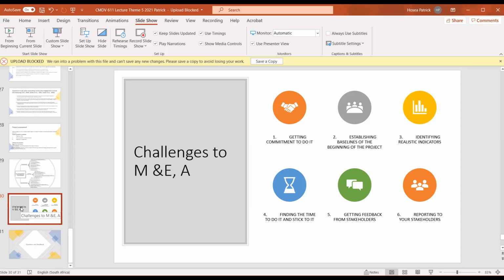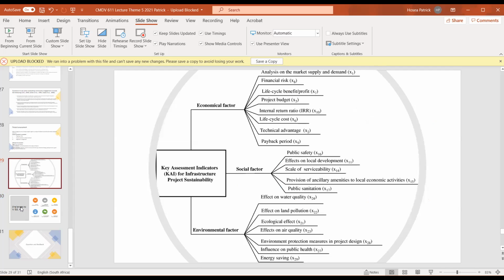So sticking to the time and finding the time to do monitoring and evaluation is also a challenge. And then getting feedback from stakeholders can also be another tiresome task. We are familiar with these things. We come up with examples relating to our projects and the likes. And then reporting to stakeholders can also be a challenge. The means of reporting can also be a challenge. So these are some of the challenges when we discuss